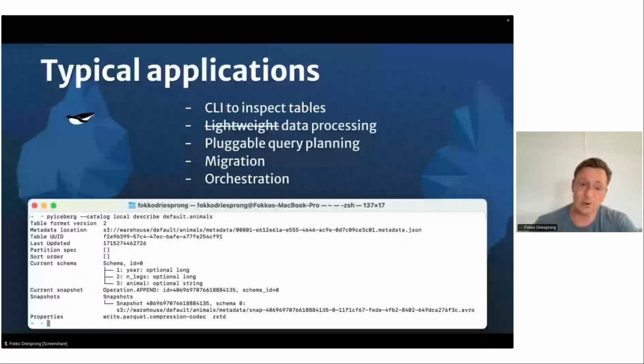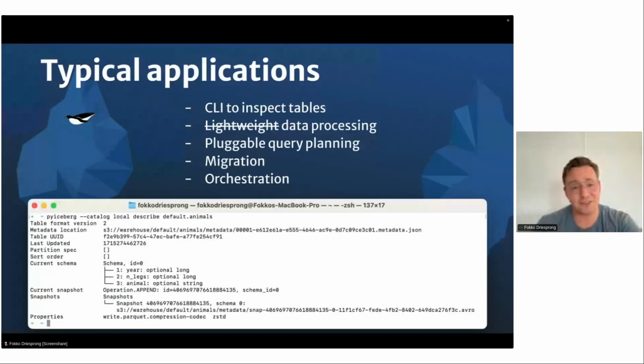You have some kind of expression, you plug it into PyIceberg, and PyIceberg will tell you which files you need to read. We can see that in a minute. Migration. PyIceberg supports a lot of different catalogs. So especially people that want to migrate to a different catalog, with PyIceberg it's very easy to, for example, keep different catalogs in sync for the time that you're doing this migration.